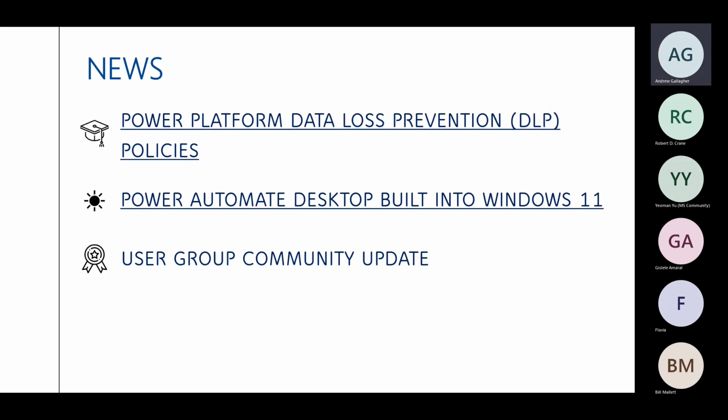Now, it's very important to know that there are no DLP policies on by default, so they must be created. The DLP policies are scoped at the environment level and tenant level, and the environment DLP policies cannot override the tenant DLP policies.